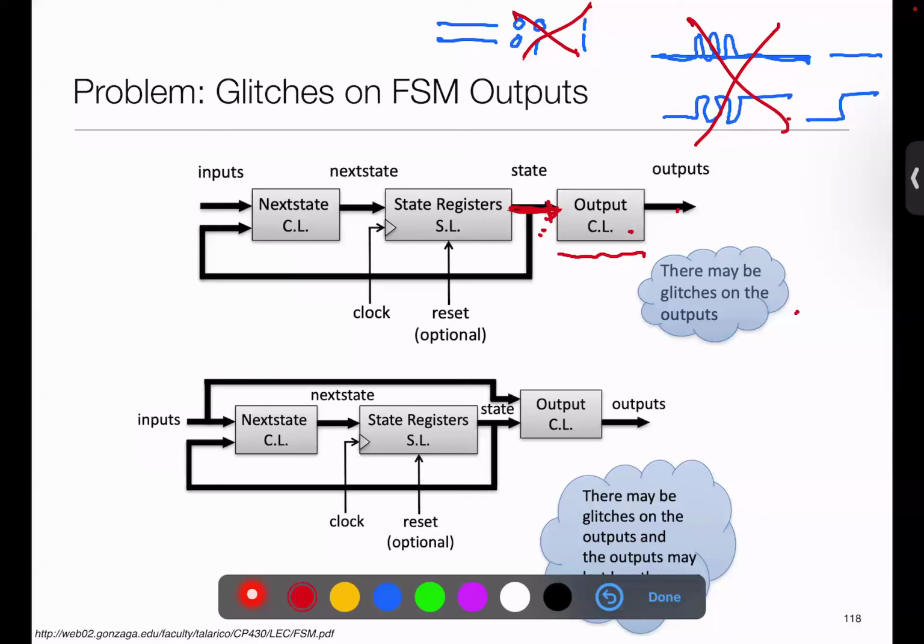And worse, if I have a Mealy machine, then the input affects the outputs through this path, in which case glitches may be